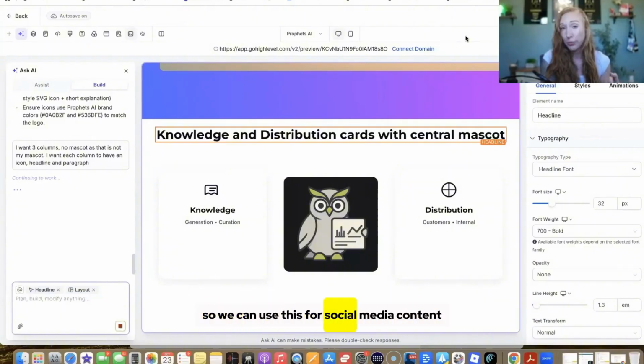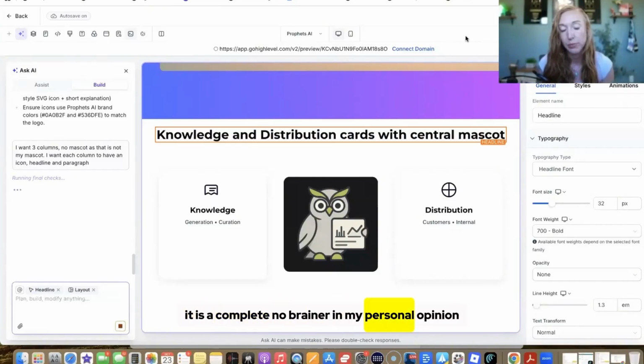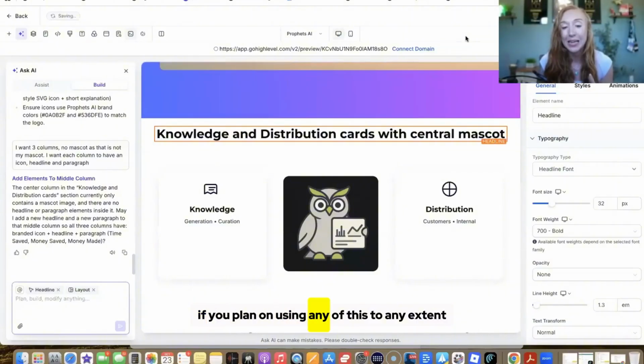So we can use this for social media content. We can use this for email content, workflow AI as well, conversational AI, and voice AI. All of those AI solutions are included in unlimited format with the AI employee. $97 a month. It is a complete no-brainer in my personal opinion, if you plan on using any of this